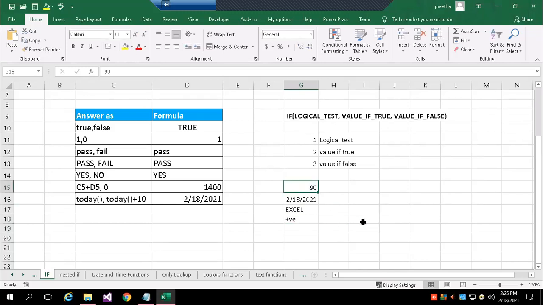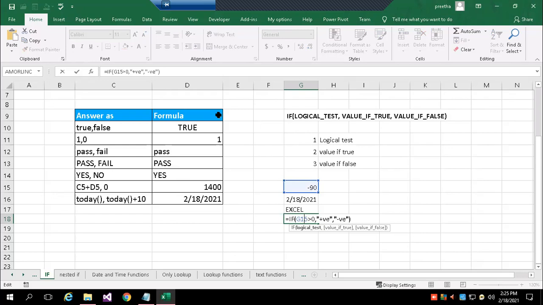When I make it a negative number, then I'll get the message negative. So this whole example is based on working with the logical function, logical test, where after the test I can write a formula, another function, a text constant, or small formulas inside.